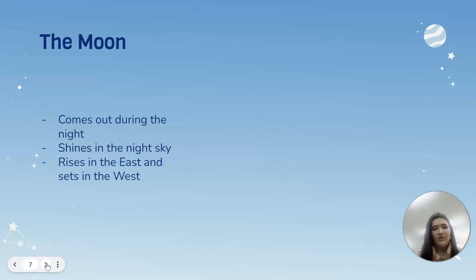Now, the moon also rises in the east and sets in the west, just like the sun does, okay? So, like what I was saying before, maybe if you're out riding at night, you might fall asleep in the car. When you wake up, the moon might not be in the same place as it was when you fell asleep because it moves with time, just like the sun does, okay? And again, you can picture it kind of like a half circle. This is what you can see. And it goes right like that, okay? A half circle.